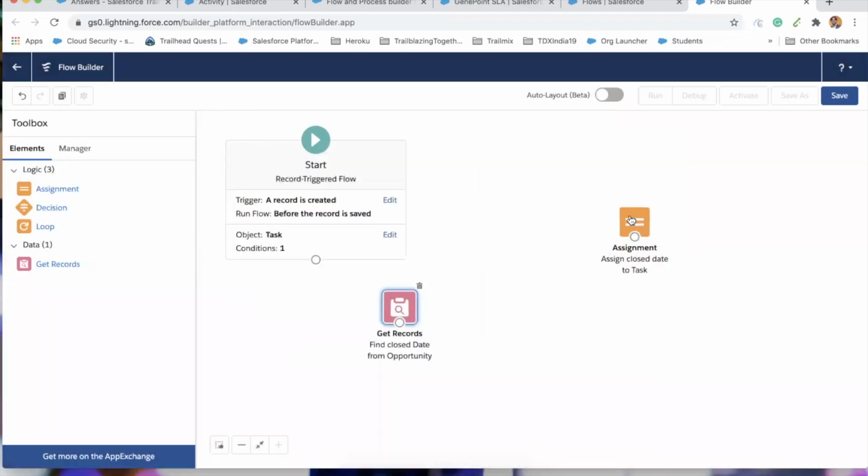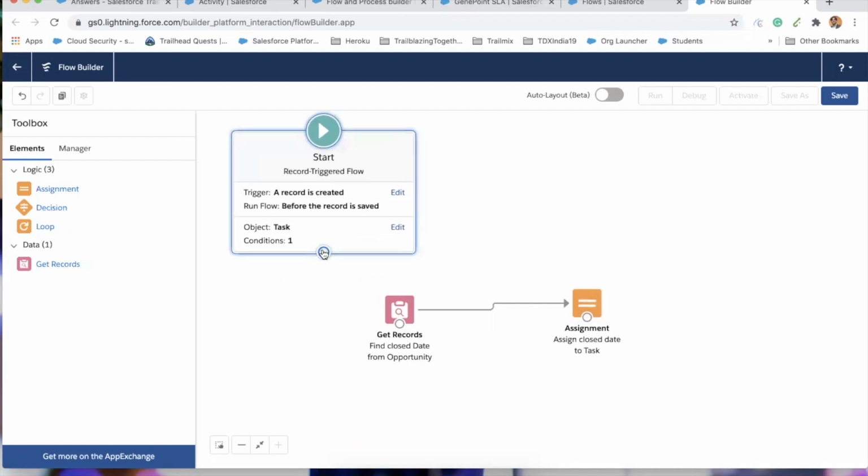Done. The great news is that we are in the before flow, before the record is saved, so we don't need any update action. Simply link this to this: start, then Get Records, then the assignment. First things first, link start to Get Records.